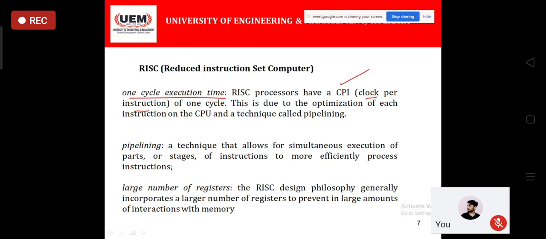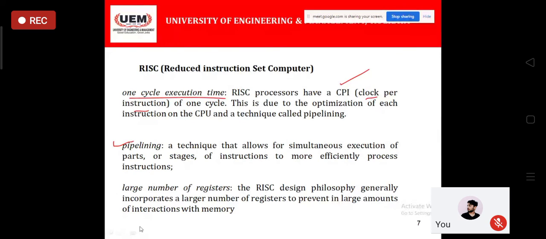Okay. And the concept of pipelining that we will study in chapter 5 is used nowadays. All the processors we use, they use pipelines, multi-processing pipelines and all these things. So pipelining means multiple jobs we can do simultaneously. Like if you make one roti, and the time taken to make one roti is, suppose, 20 minutes, you do all the intermediate stages. But if multiple persons are there doing stage by stage, none of the stage tasks is going to be unused. Okay, I will show you how to do it.